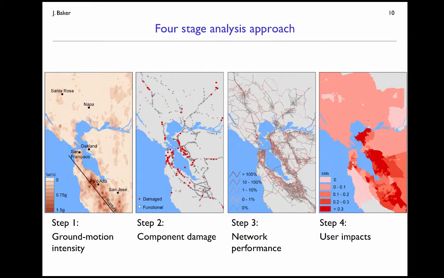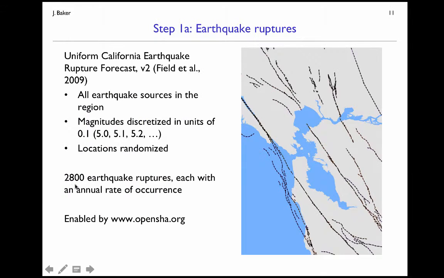Okay, so what are we going to do to analyze the impacts to that transportation system? It's a 4-stage analysis approach. Let me give you a quick overview here, and then we'll talk in more detail about each step. So the first step of the analysis is going to be to predict ground motion intensity from a future earthquake event. So this is going to be strength of shaking that will then cause impacts to the system. It's going to be spatially variable, and it's going to vary depending on the particular earthquake scenario that we hypothesize.